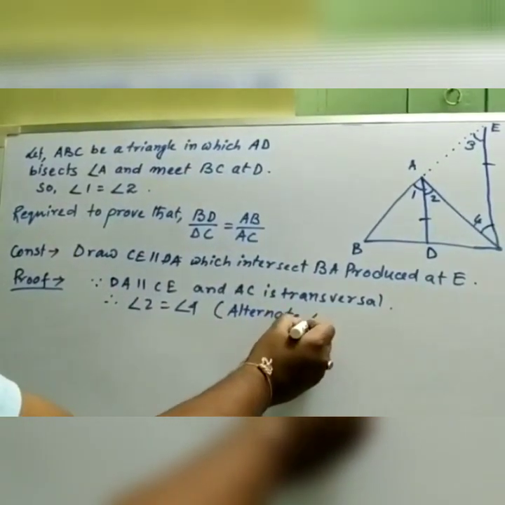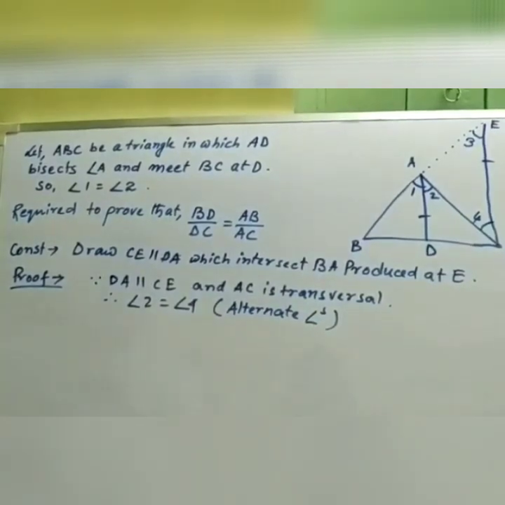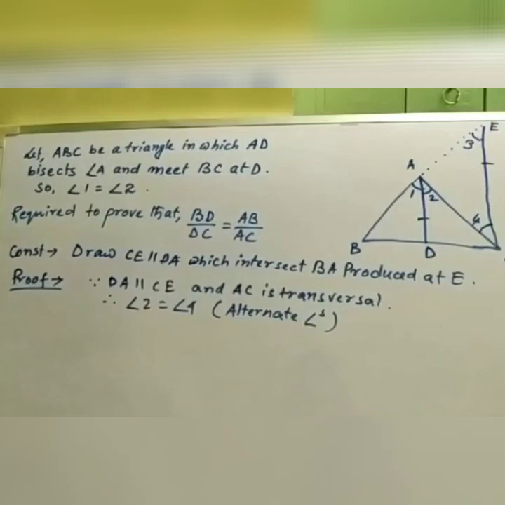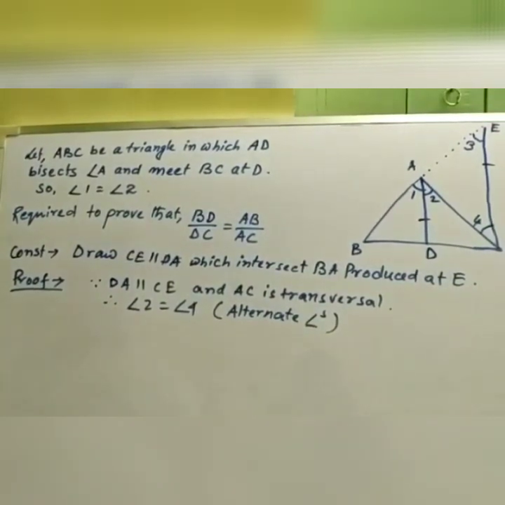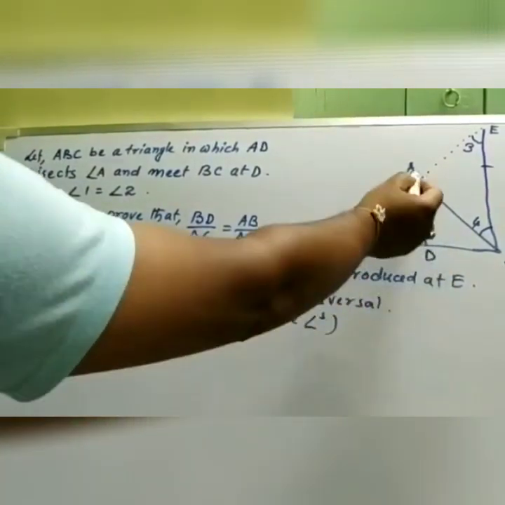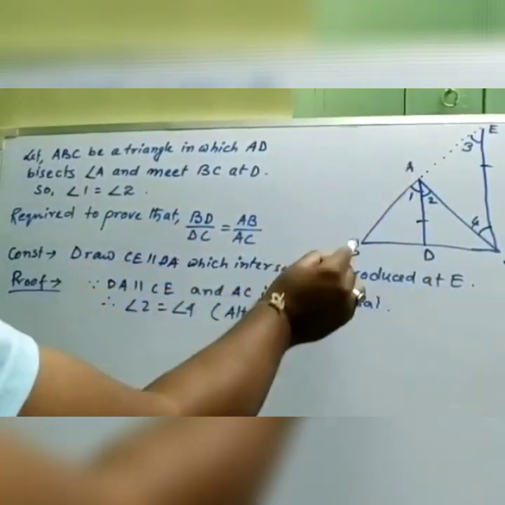They are alternate angles. Okay, so we got the two angles, angle 2 and angle 4, and they are the alternate angles we have got. Understand? So next we are going, again we will take the two lines DA and CE parallel, and in that case